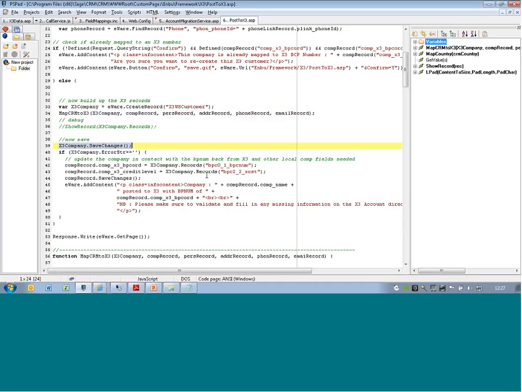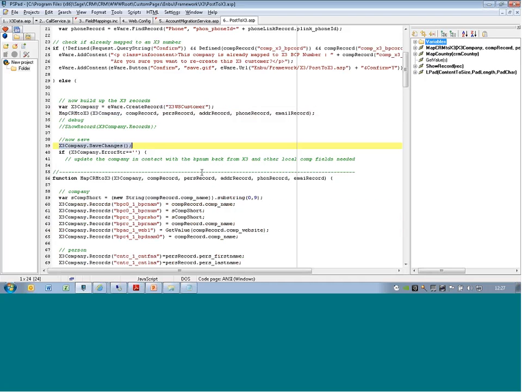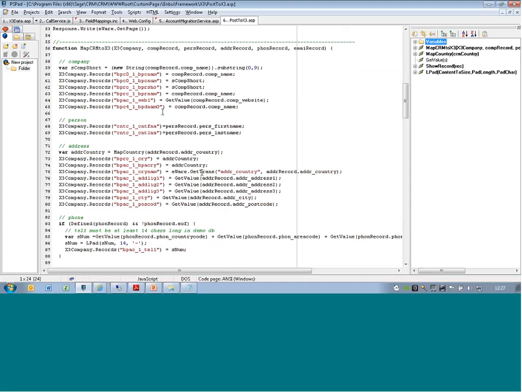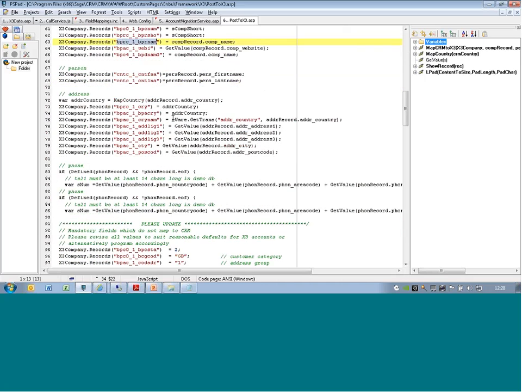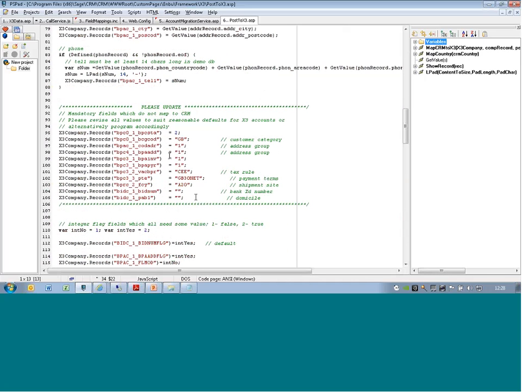There is very little, again, to worry about here. The most important thing is, again, the data. And this map function is very important. We've tried to build in the relationships of what each of these company fields will do in each of these cases of posting. And there's a whole series of regionalization areas, and we really do need to look at this, because these are the types of things that will not work on a different X3 system based around regions, tax rules, payment terms, and these are the things we should get to know and understand what to set